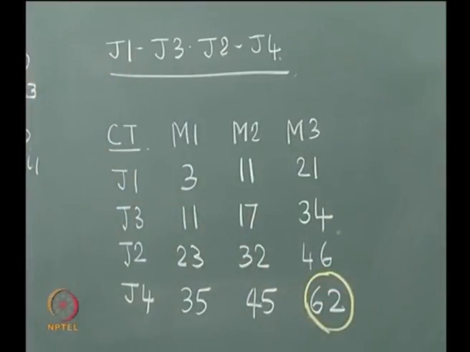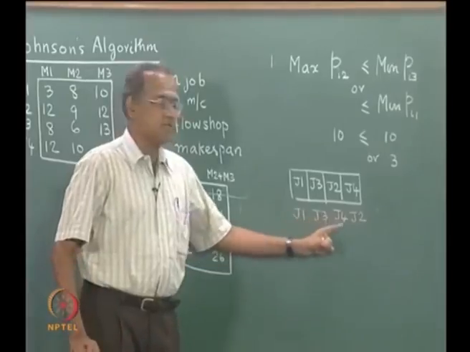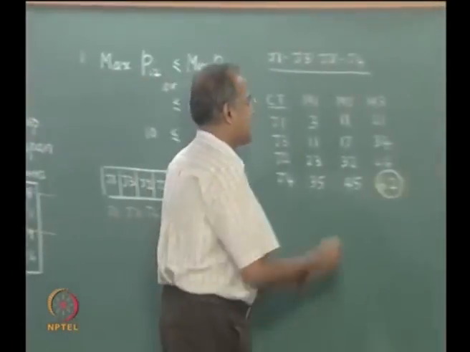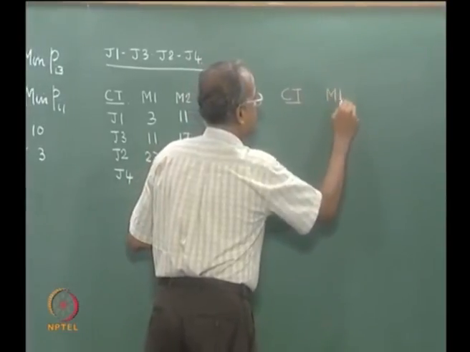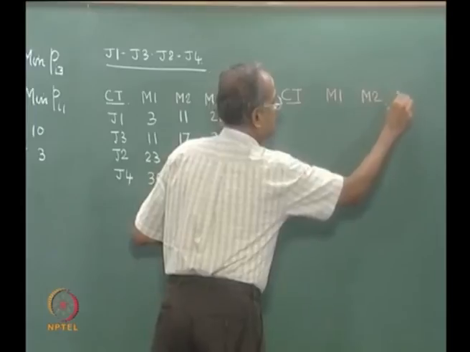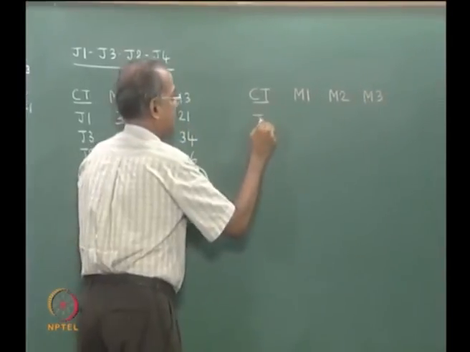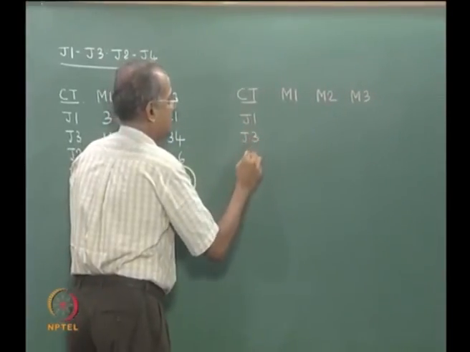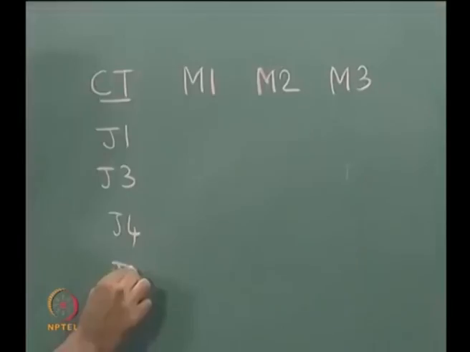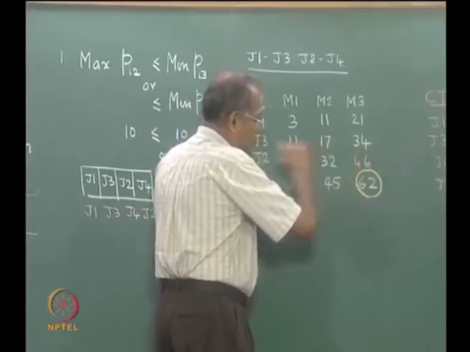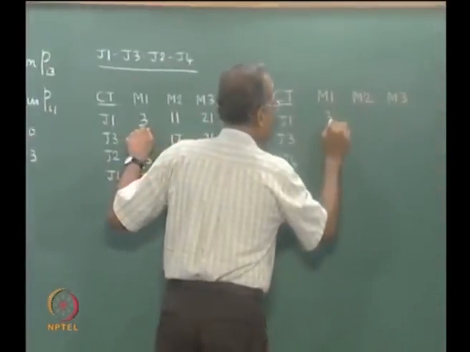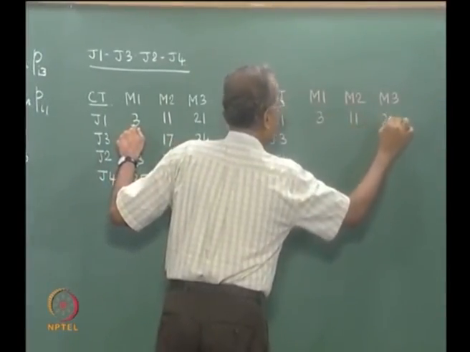We also have an alternate sequence, which is J1, J3, J4 and J2. So let us try and compute the make span for the other sequence J1, J3, J4 and J2. Since J1 and J3 are the first two jobs, the completion times will be the same up to this. So we can write 3, 11, 21,